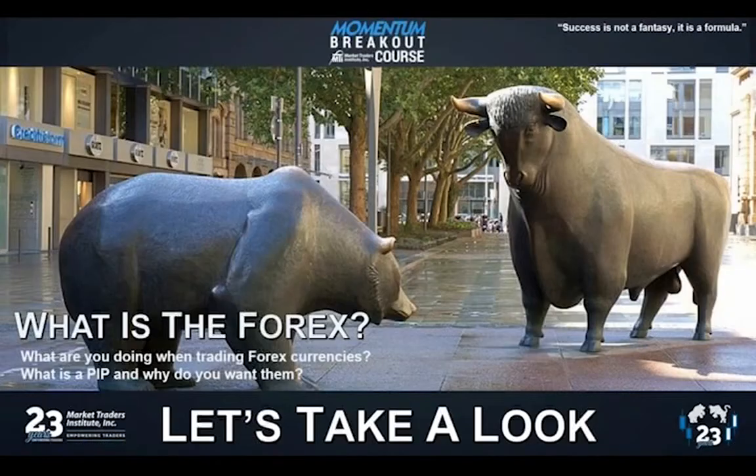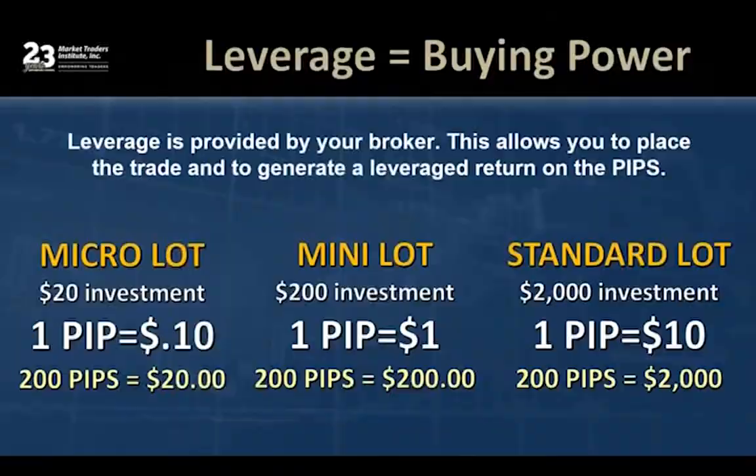Okay, so I already talked about this one, but again, I just want to go through this. This is why it is so nice, because there is leverage. And you can ask, how do you get this leverage? When you open up an account with a brokerage firm, they give you this leverage. At least in the US, it's 50-to-1. In different countries, it'll vary a little bit. But this is where you can start off with a very small account and start to have results. And if you look at the example that I did, if you did 186 pips, you did the same exact thing trading the standard lot that you did with a micro lot, you just made a lot more money. So it really allows you the opportunity to ramp up.